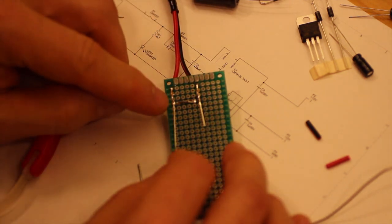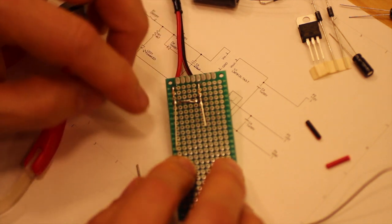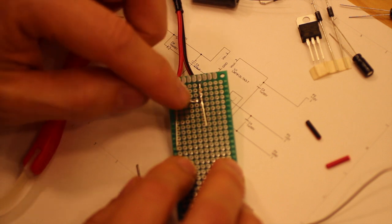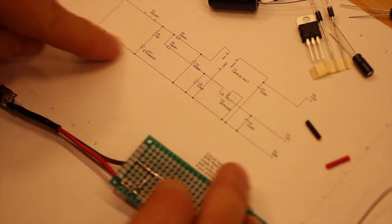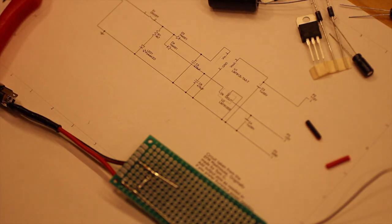So I just pushed the strands a bit because it was a bit close. The strands from this cable was a bit thick just right here, so it was close, but no worries. All right, so we are done so far, and I like to